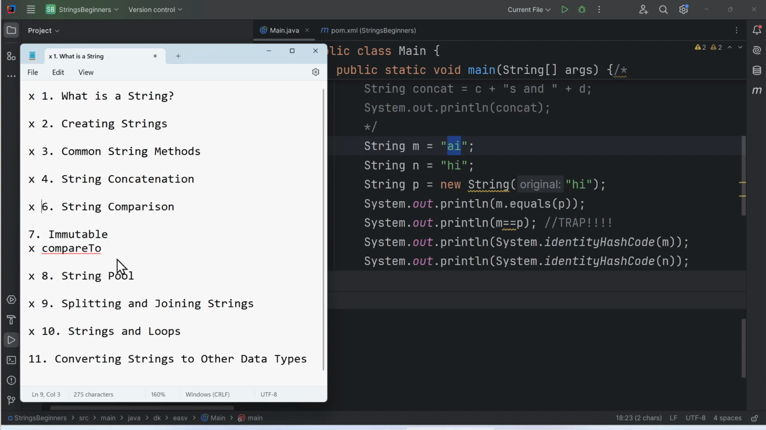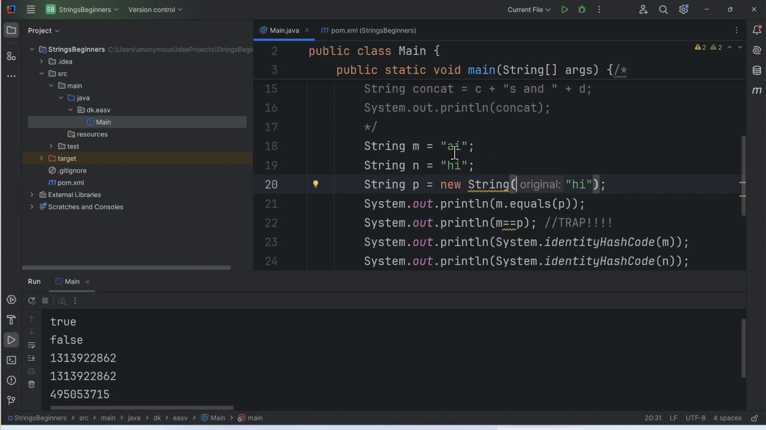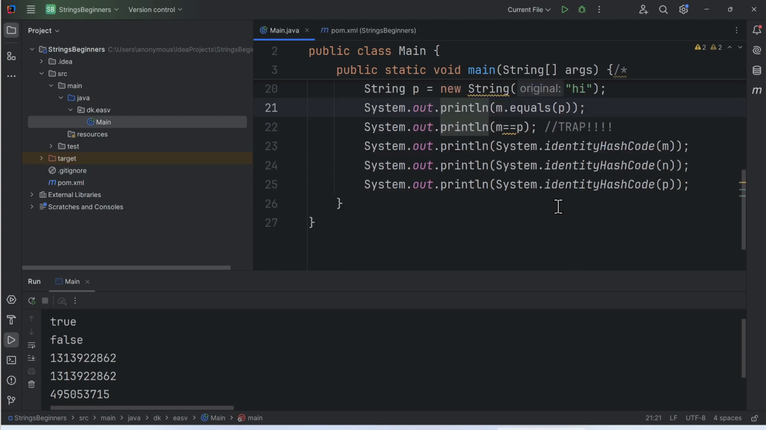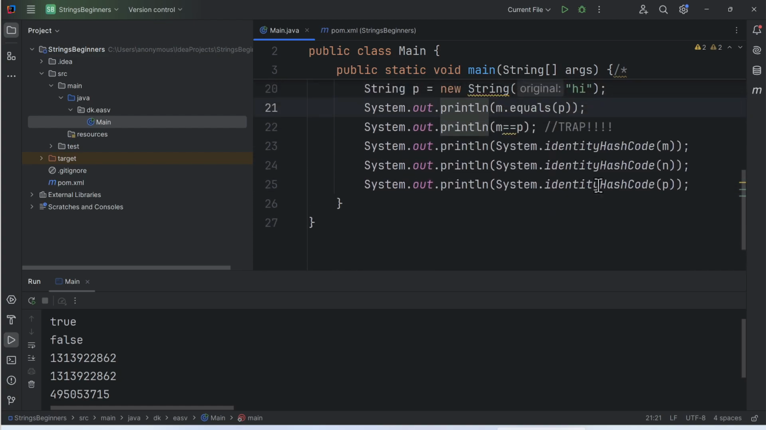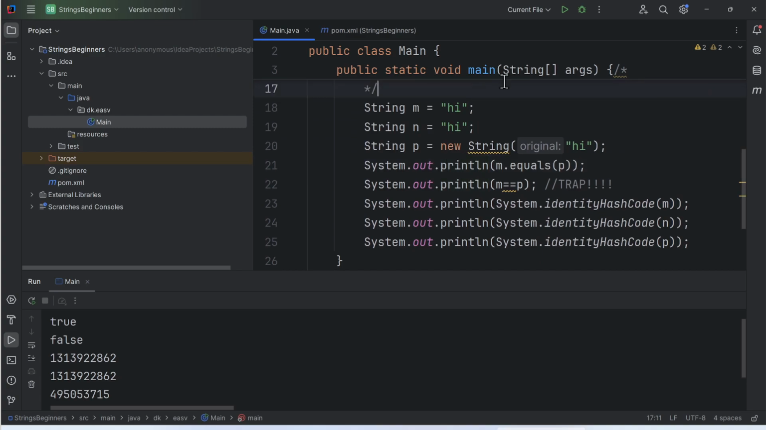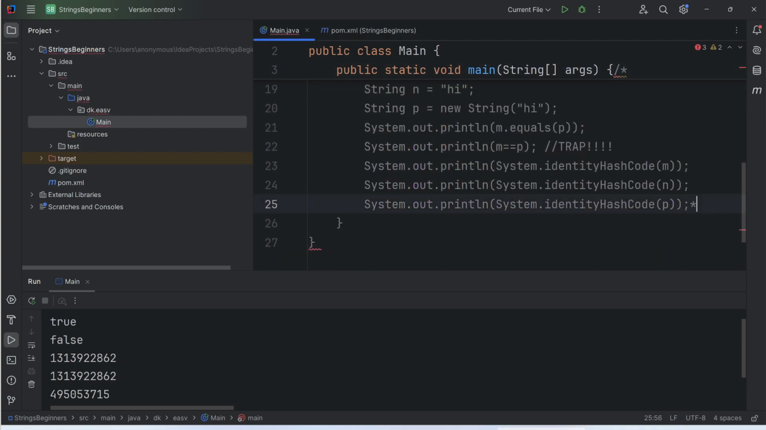So yeah, string comparison. So lastly, let's go to the word immutable. Immutable is a term that we use in software when something is final, when something does not change its value. So when we create strings in Java, they can never be changed. It looks a bit weird. Let me just comment out this part and try something new. So if I create a string here and call it, maybe s2,